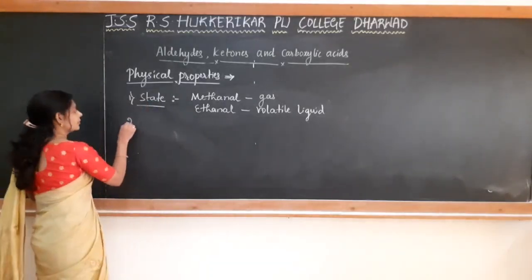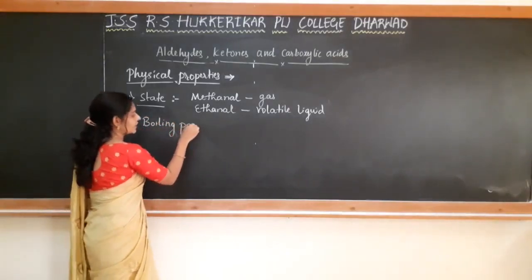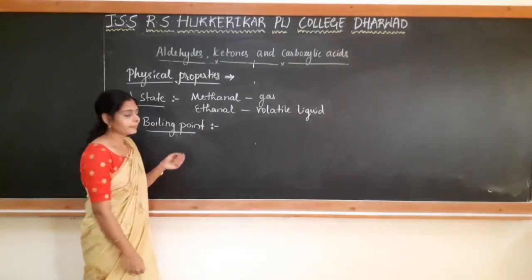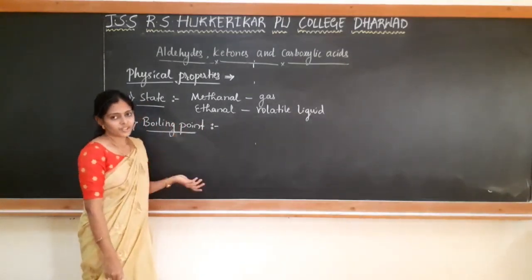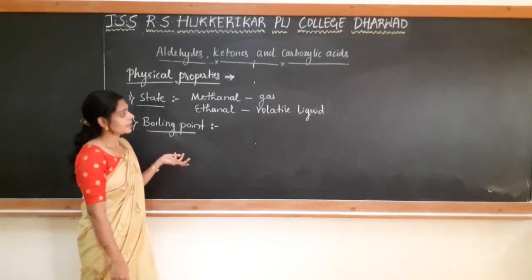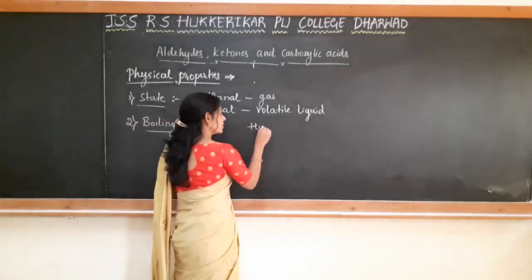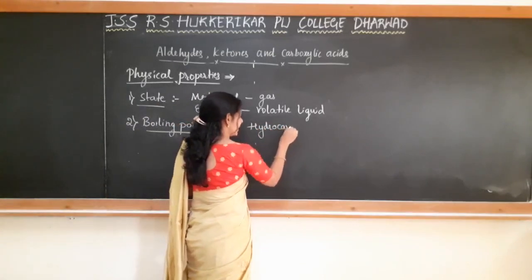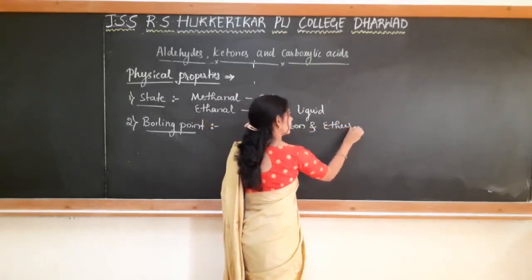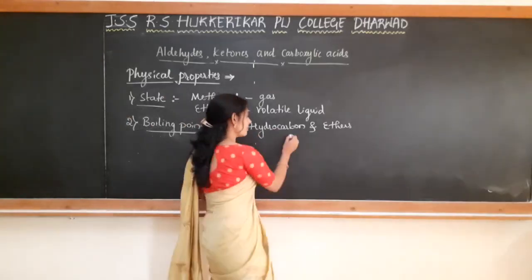The second physical property is boiling point. As you know, it is the temperature at which the vapor pressure becomes equal to the atmospheric pressure, or simply the temperature at which the liquid turns to the gaseous state. That temperature is known as the boiling point. The boiling point of aldehydes and ketones is more than that of hydrocarbons and ethers of comparable molecular masses. That means when we compare the boiling point of aldehydes and ketones with hydrocarbons and ethers of comparable, similar molecular mass,